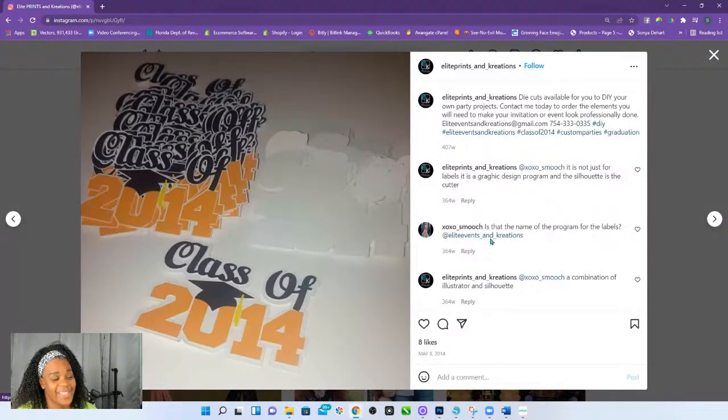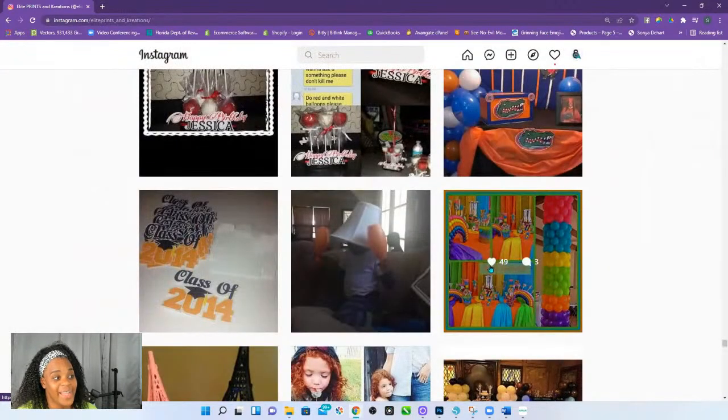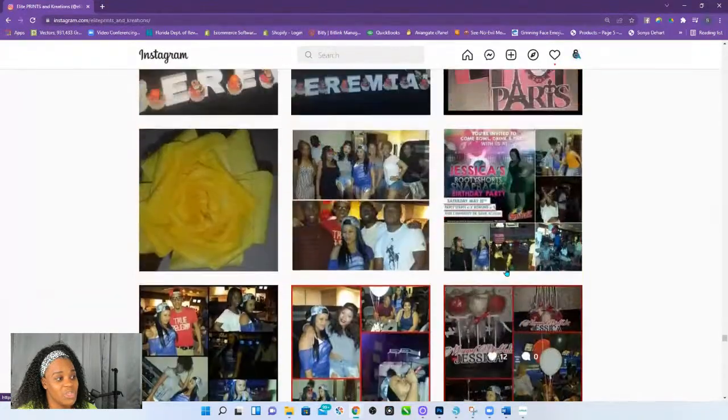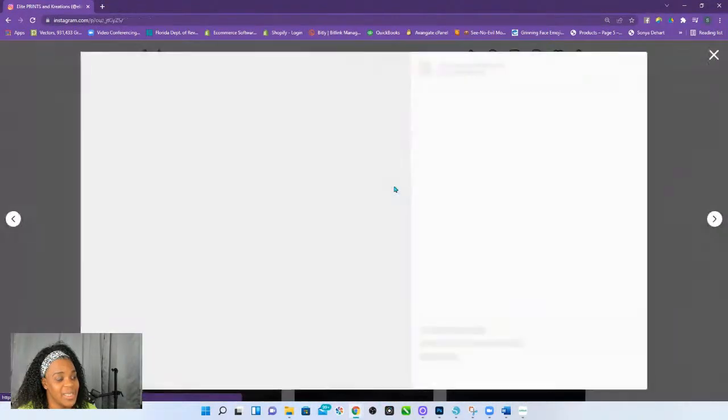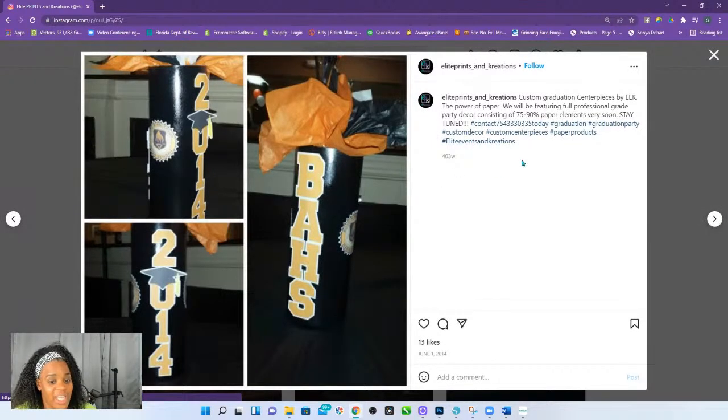My first grad stuff. Oh, wait. Talk about grad stuff. Hold on. Where is it? I told y'all I had a thing in 2014 about tissue paper and cardstock. This little thing right here is cardstock and foam board. Cardstock and foam. Do y'all see how them colors look? This one I was printing with a Brother printer. Ooh. And I just knew that was the best color in the world. You couldn't tell me nothing. Now I know better. But baby, my hashtag back in the day was DIY by a professional.